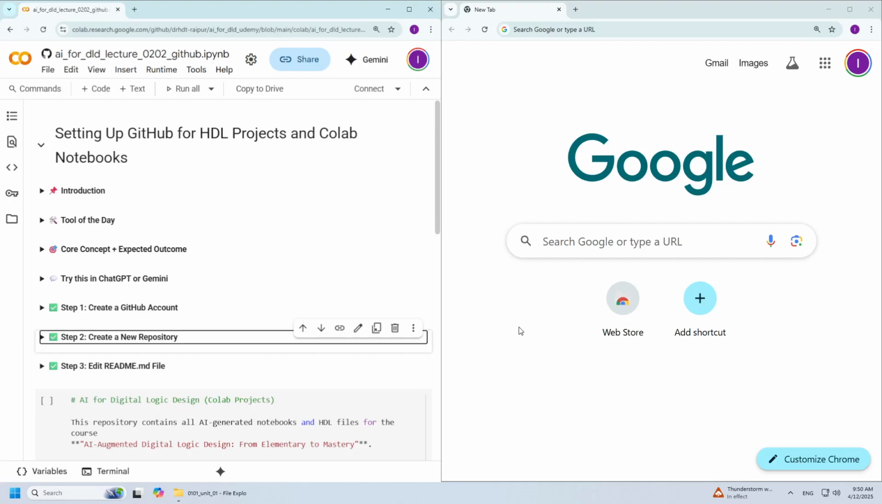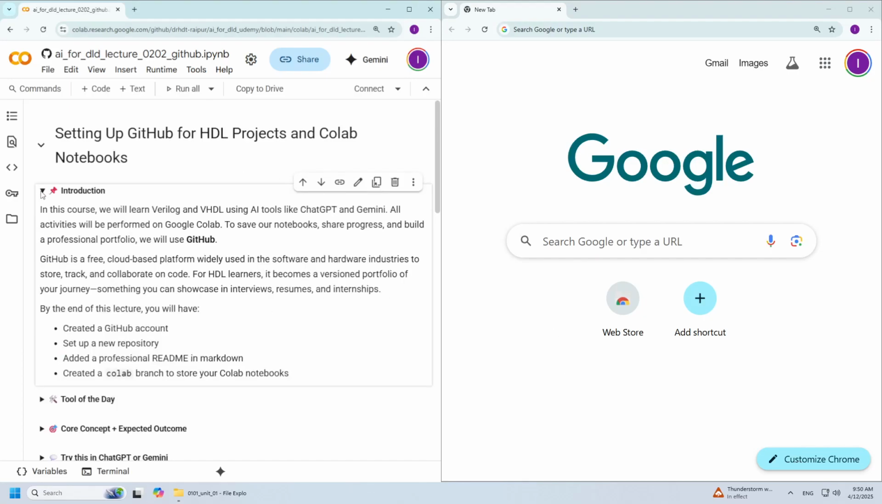Welcome to Lecture 0102 titled Setting Up GitHub for HDL Projects and Colab Notebooks. In this session, we will establish the foundational infrastructure needed to manage your HDL development work throughout the course. We will be working extensively on Google Colab to write, simulate, and test Verilog and VHDL code using AI tools